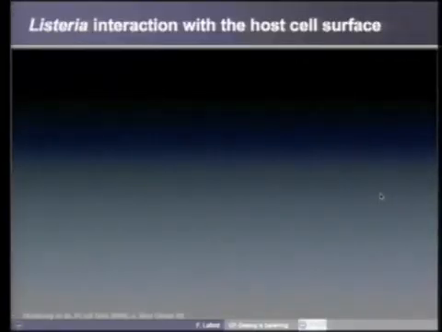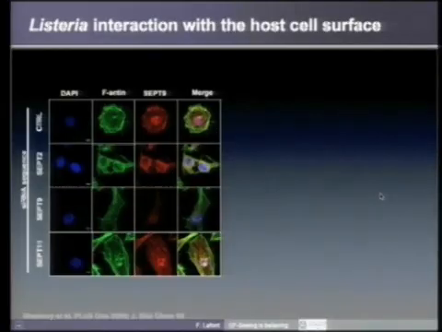Another example is coming from Listeria. Actually, the story started in Pascal Cossart's lab, with Serge and Javier, Serge Mostowy. And what they found is what Javier was just mentioning at some point in his talk, that septins are playing a role in the internalization process of Listeria. What they found is that